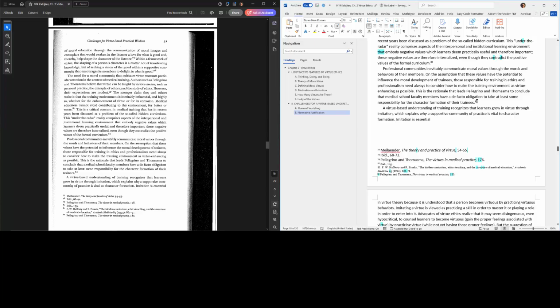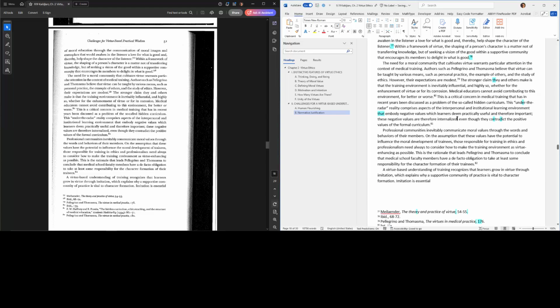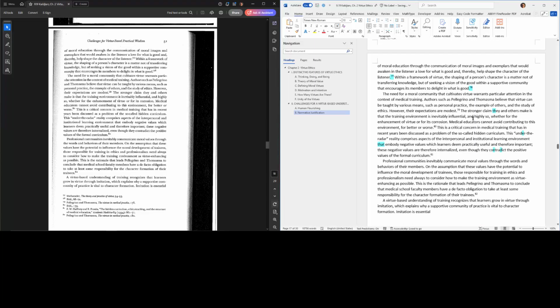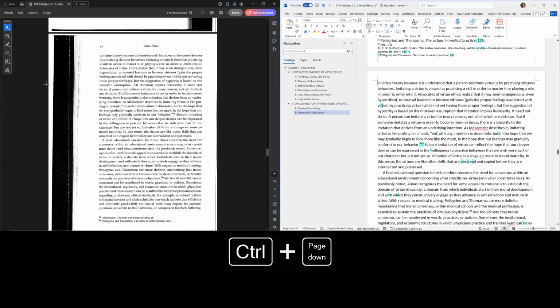So I can control click on it many times, and eventually, yeah, it did move my cursor down there. Maybe. You have to move it around sometimes. Okay, it finally jumped down there. So yeah, everything seems to be linked on this page well. Now, I don't see any text corrections, so control page down.